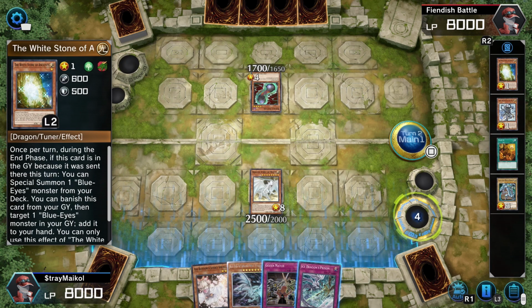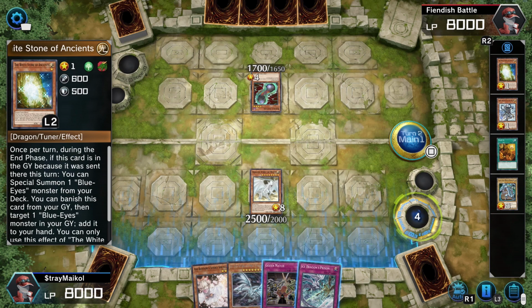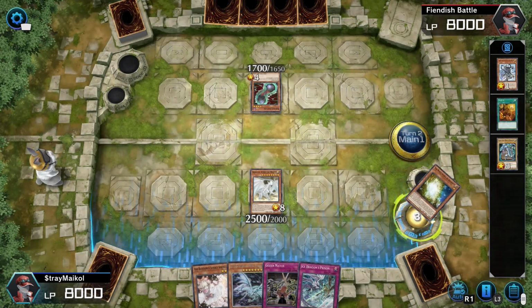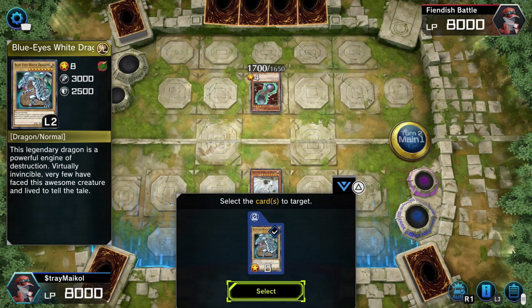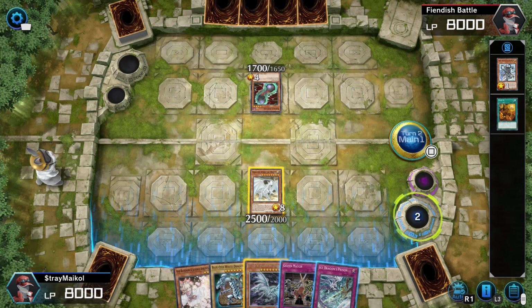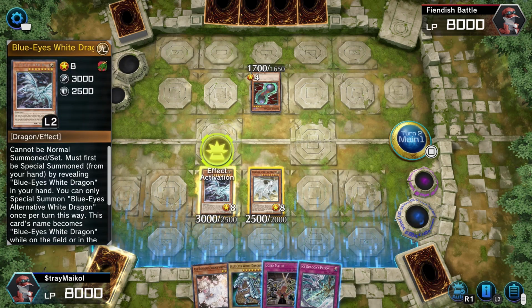Now that the White Stone is in the graveyard, you can either let it play out for the turn, which you're obviously more than welcome to do, but if you wanted to, you could activate its effect early. You won't get the benefit of being able to summon at the end of the turn, but you can bring a Blue Eyes to hand, which can then be used to special summon the alternative White Dragon. This is a good opportunity to show some XEs now, so if we use the effect,